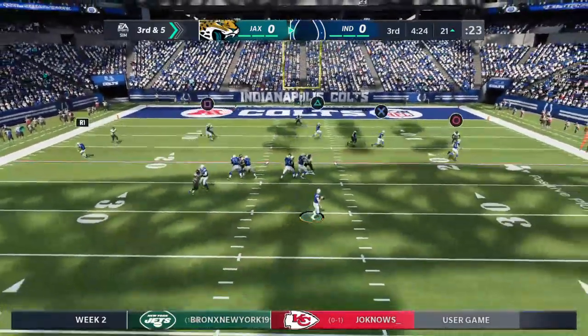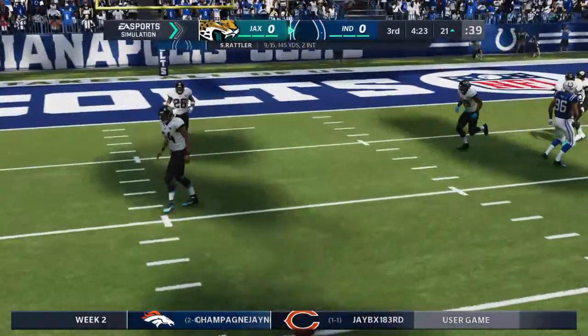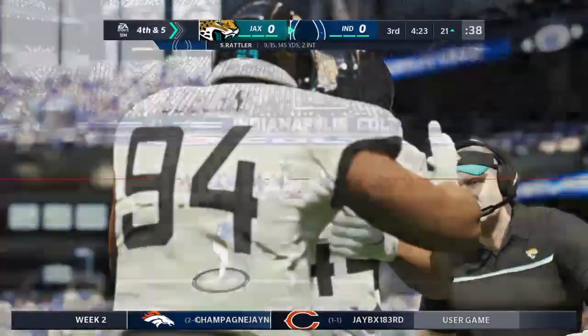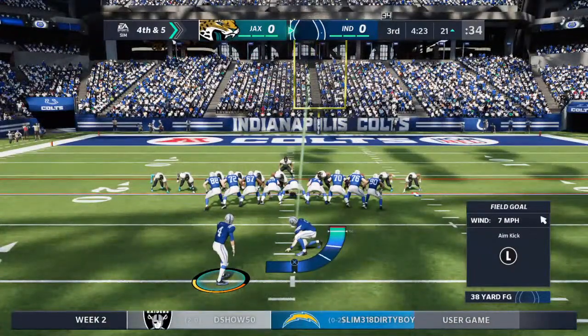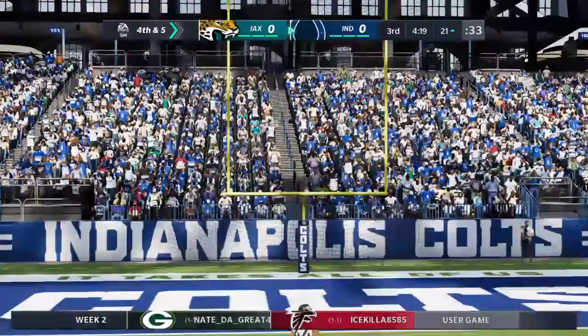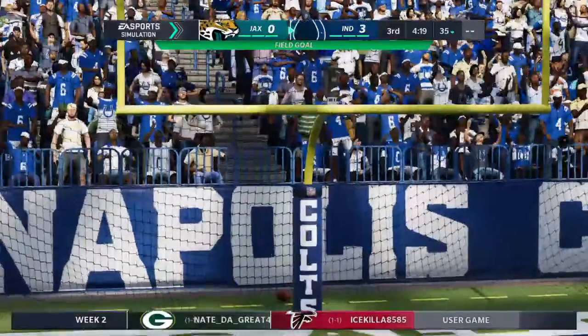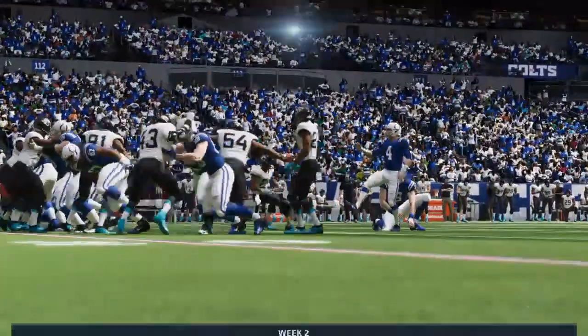Out of the gun now on 3rd down. And he will not be able to hang on through the contact. It's incomplete. The coverage strong, and now it's 4th down. We saw this a lot in the first half, and it continues. These receivers just not able to get much separation. So that means they have to win the 50-50 balls. They've got to go up with the defender and find a way to start coming down with them. And this time...